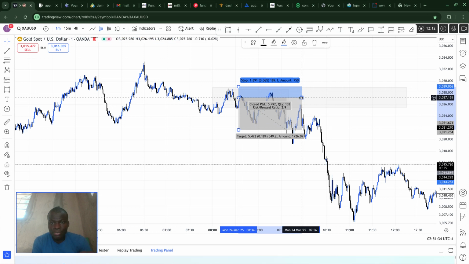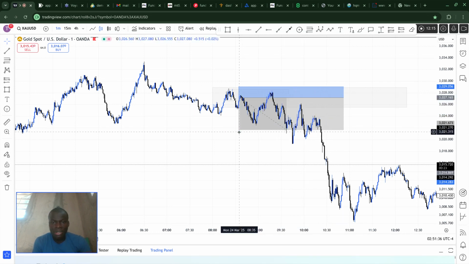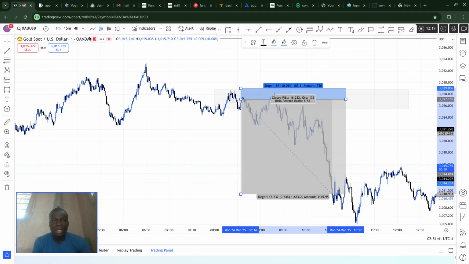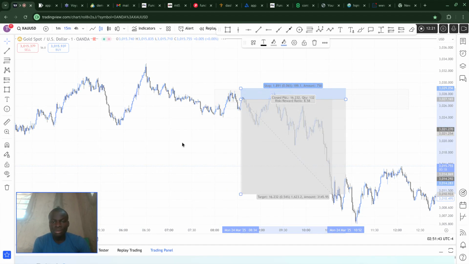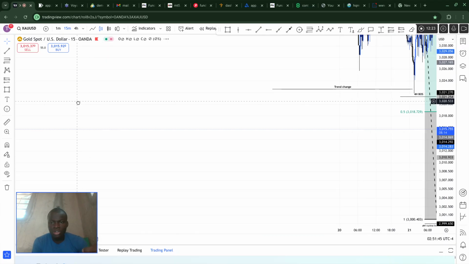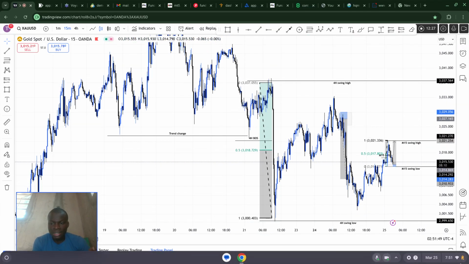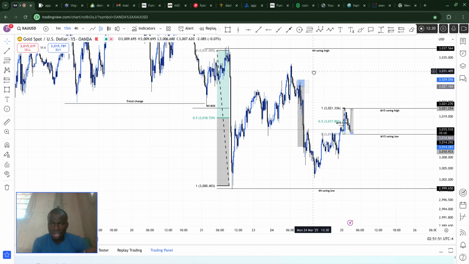Then you can take the sniper entry. Sniper entry. So go back to 50-minute time frame. So you can actually take the sniper entry